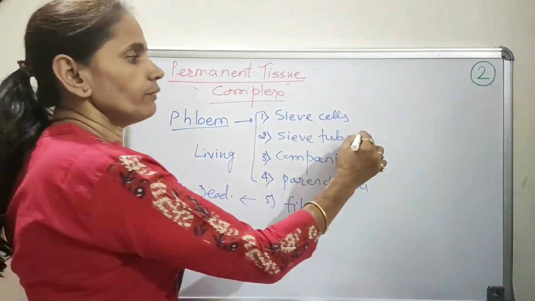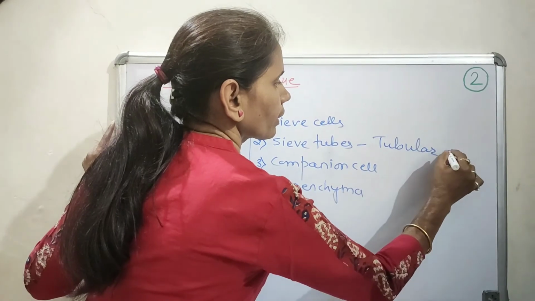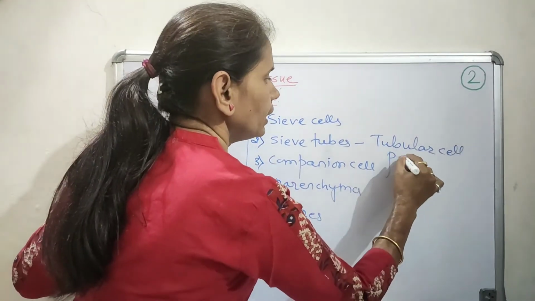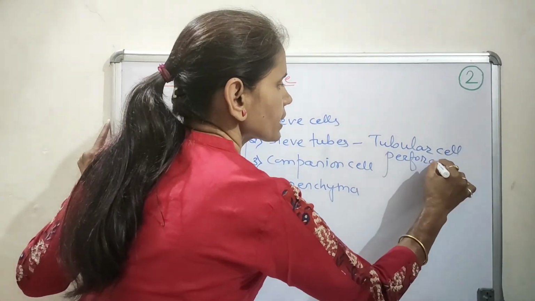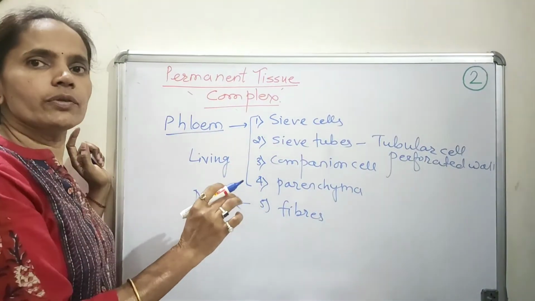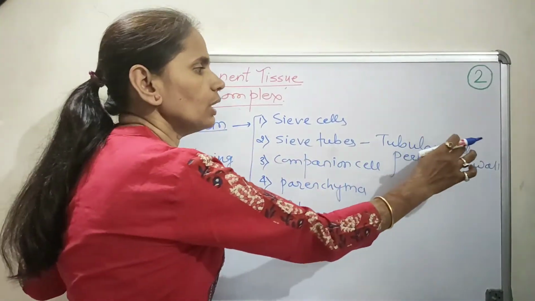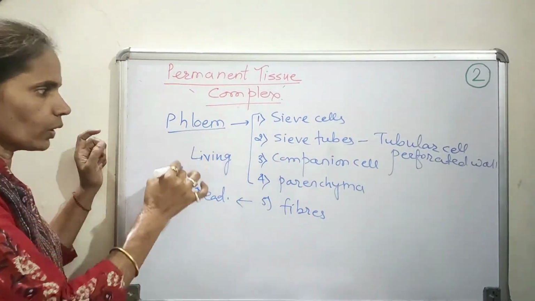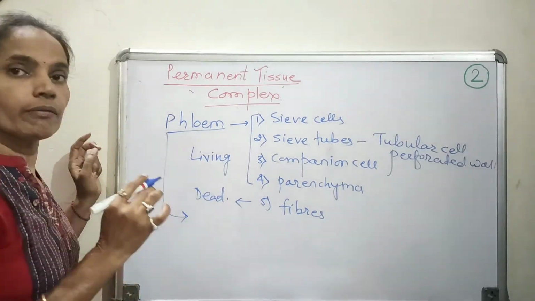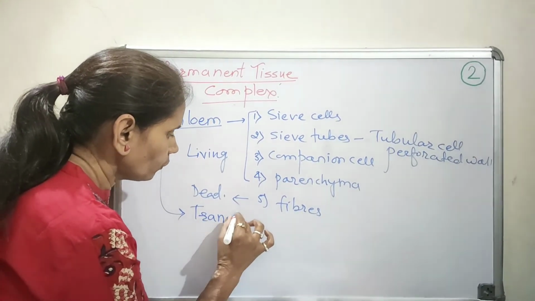Now these sieve tubes are tubular cells having perforated walls. That means the shape of this sieve tube is elongated or tubular, and the walls are having pores. In this figure, we can see the different types of cells which form xylem, that are tracheid, vessel and xylem parenchyma. Finally, in this section of phloem, the sieve tube, companion cell, sieve plate and phloem parenchyma can be clearly seen. Now overall, the phloem performs a very important function, that is transport of food.